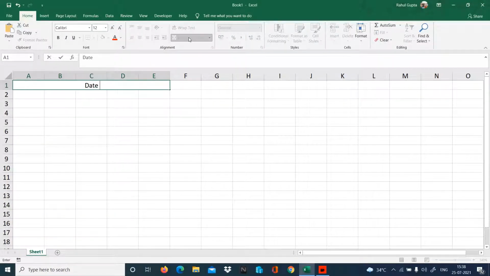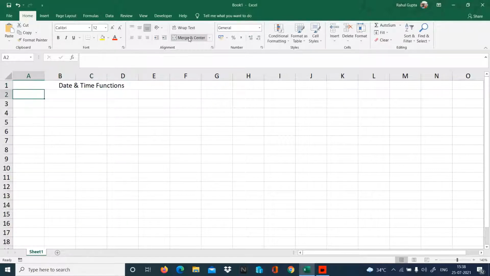There are two types of functions, as I told you previously also. One is dynamic, which changes every time, and the second one is static, which is fixed. Where are we going to use a dynamic function?